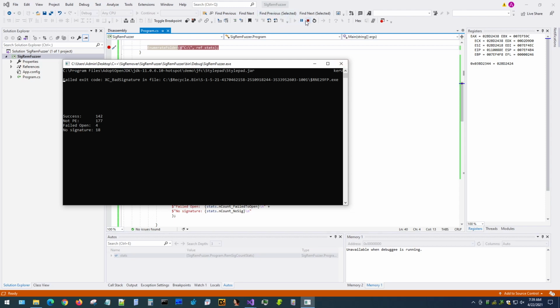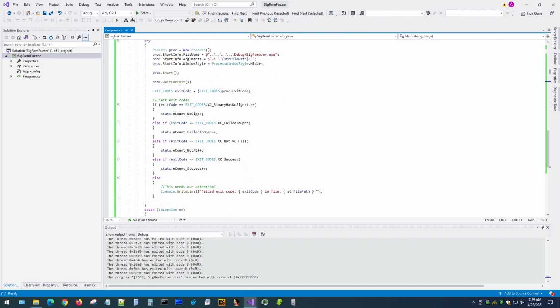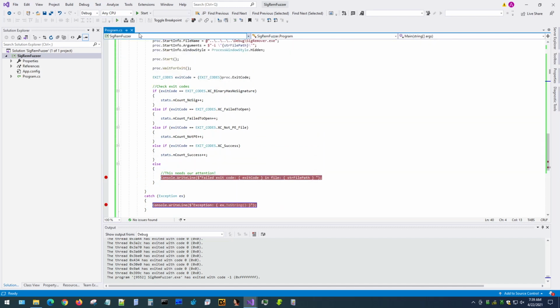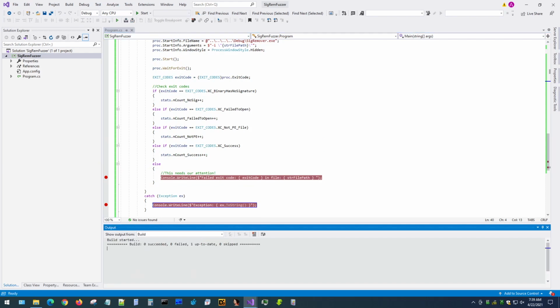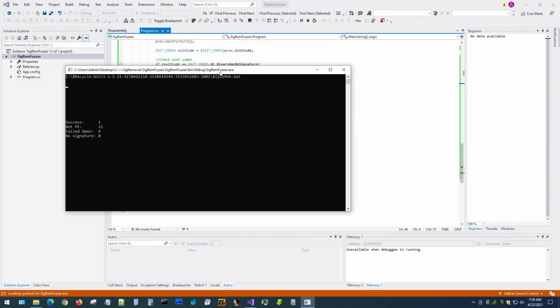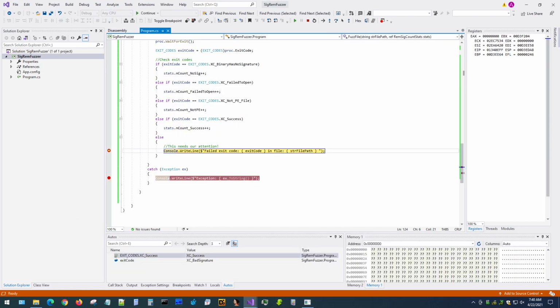But what we haven't done, because we haven't really put the breakpoint on where we have to break in case we have a problem, and we have two in this case: if we get here, if we have a failed exit code, or here if we get an exception for our process. Let's just start over. Again, let's make sure that we have only two breakpoints, and then if we start, now we can have our fuzzer fuzz our entire drive, and in this case see, like, we got bad